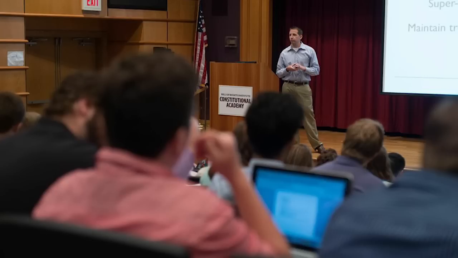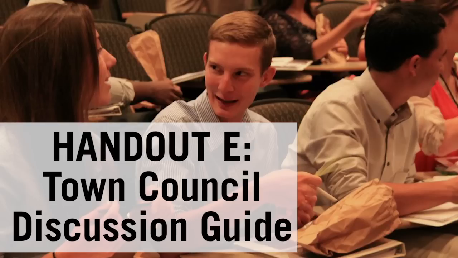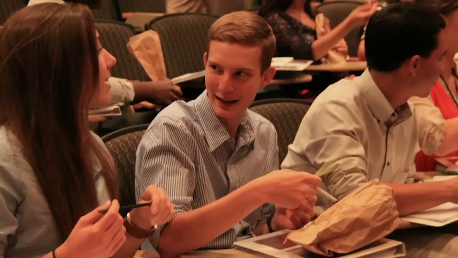Then do a jigsaw, where at least 2 students from each group form a new group. This new group will include representatives from all 3 of the original groups. The Sons of Liberty and British soldiers will explain their case to the Concord Town Council members of the group. The Town Council members will answer the questions on Handout E, Town Council Discussion Guide, to decide which side they will support.